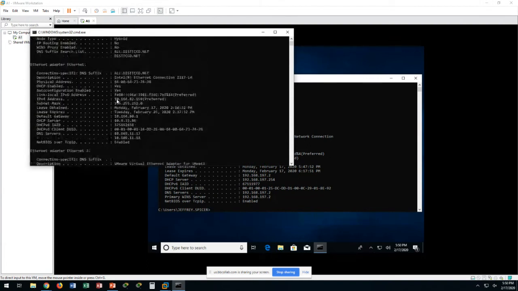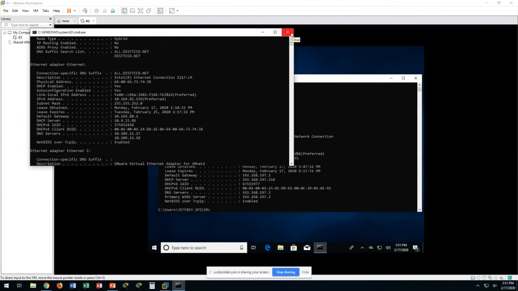Of course, I have a few more because I have some virtual drive networks, but my physical desktop has an IP address of 10.164.82.159. But the new virtual machine that I created has an IP address of 192.168.197.128. And as one of you pointed out, when we first installed this, the default is NAT,